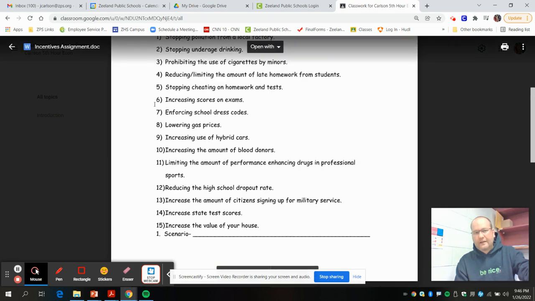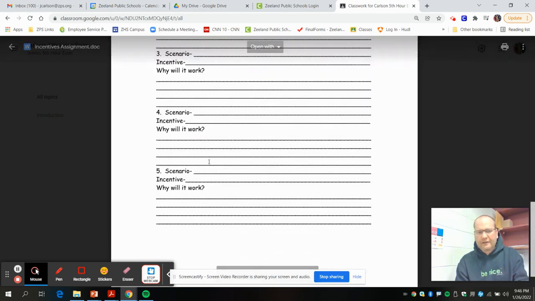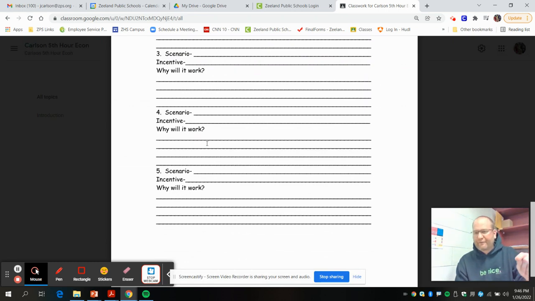So you've got to go back again. Use 5 of these 15. Chart them here fully and completely. And if you're writing with your finger, make sure it's legible, and then get it turned in. Now this is going to be due tomorrow, on Friday. So you've got a 1-day turnaround. But that's why we're giving you plenty of time in class to get this taken care of. If you have any questions, email me, ask Mr. Piersma, ask the substitute teacher maybe for some help. But remember, it is due mañana on Friday.